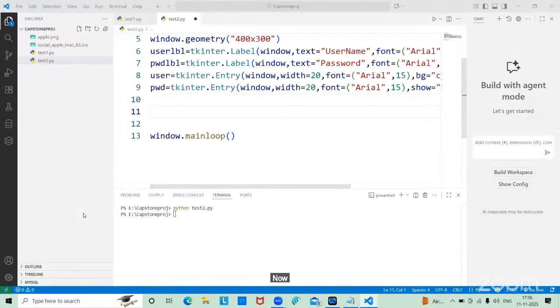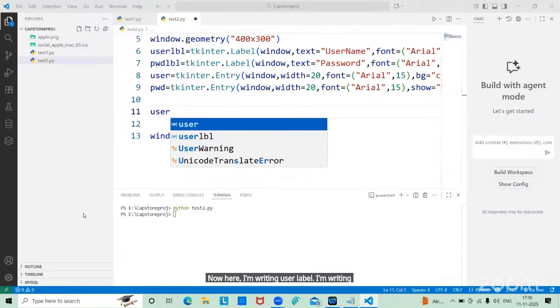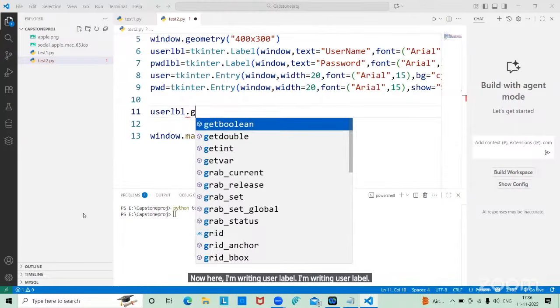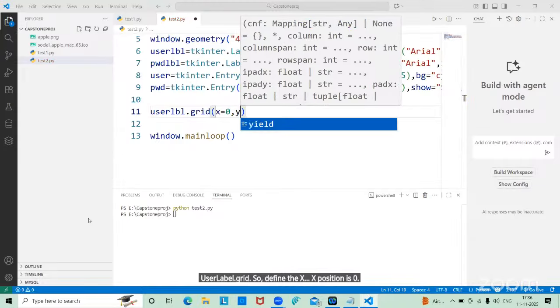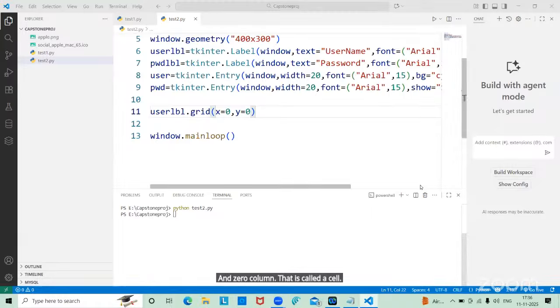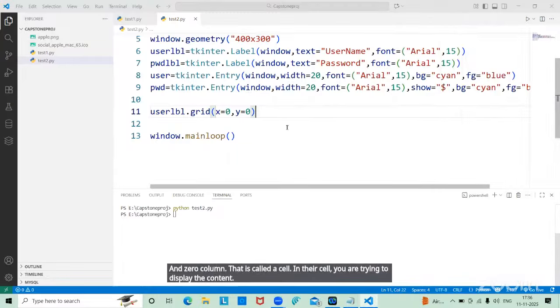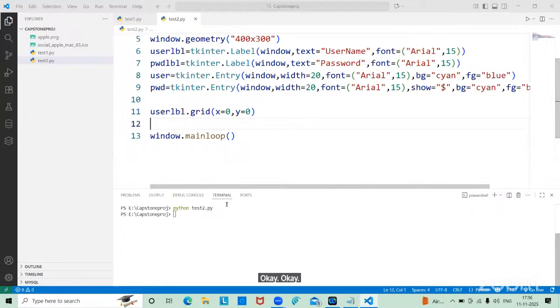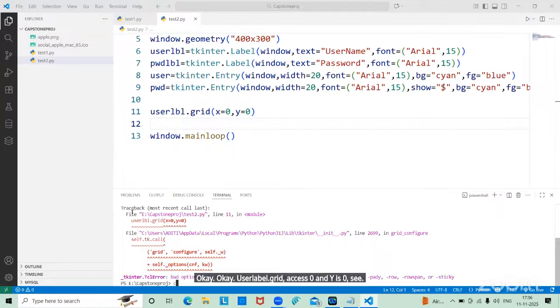Now here I'm writing user label dot grid. So define the x position is 0 and y is also 0. 0 row and 0 column. That is called a cell. In that cell, you are trying to display the content. User label dot grid, X is 0 and y is 0. Sorry,